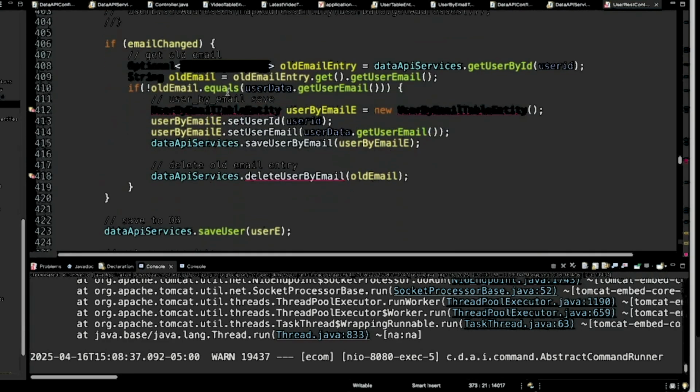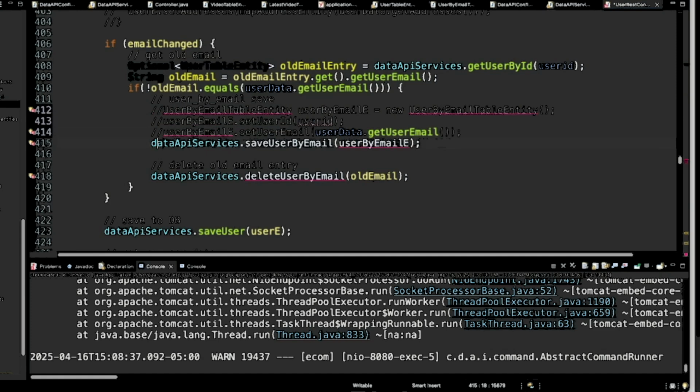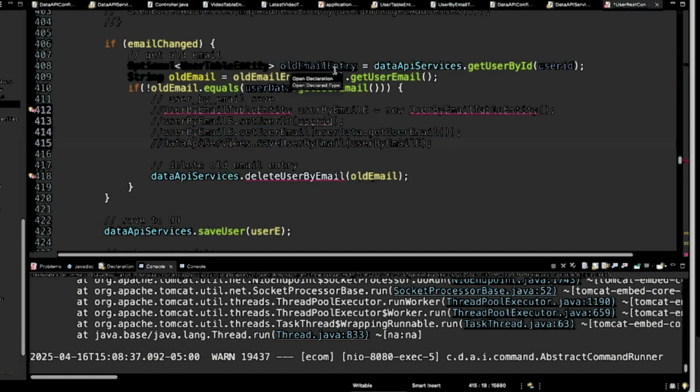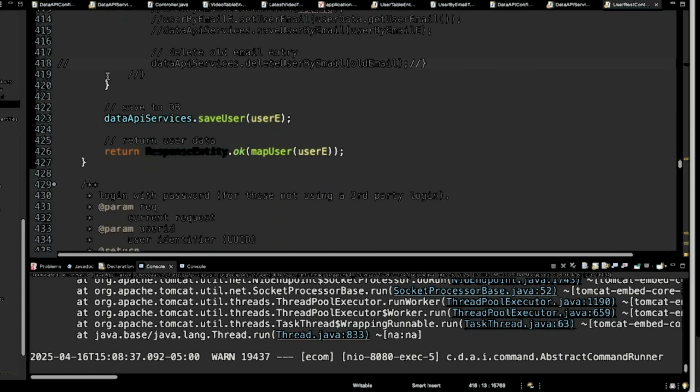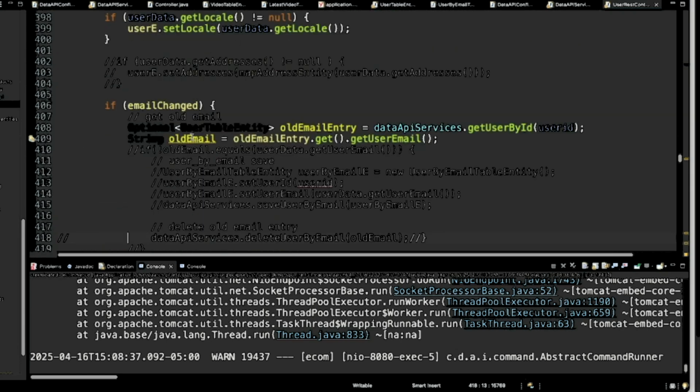All right, email has changed. Again, we don't need to bother with that at all. And we don't need to delete it either. Actually, yeah, look at that. We can comment out this entire nested if check there. Yeah, that is okay. Oh, and this old email, yep, we are not even using that.